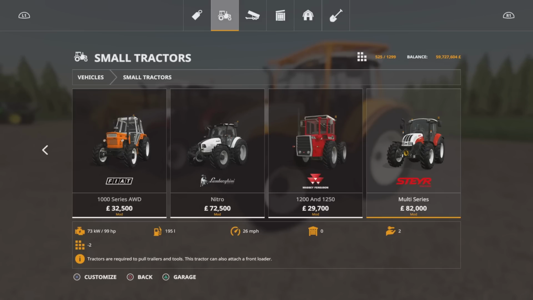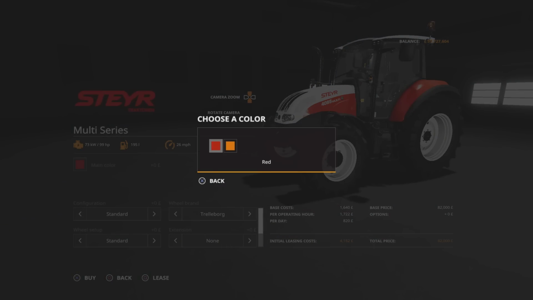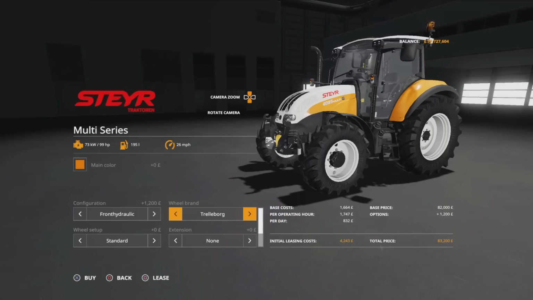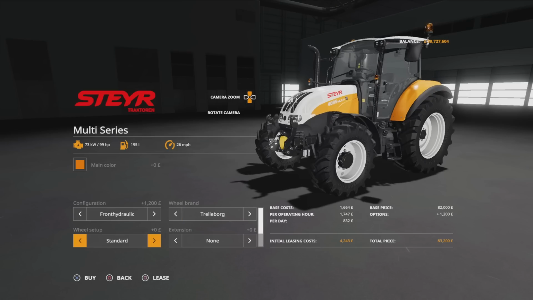There we go. The multi-series, 82 gram for the base model. We can change the main colour from the red to the orange. We've got configuration, standard, 300 kilogram weight, 600 kilogram weight, 900 kilogram weight, or front hydraulics. Then we've got the option for tyres, Trelleborg, Michelin, knock-ins. The knock-ins are just standard, there's no other options within that. Under Trelleborg, we've got standard,